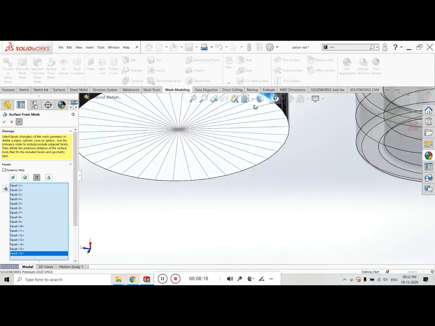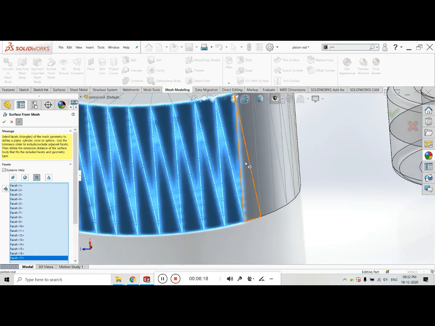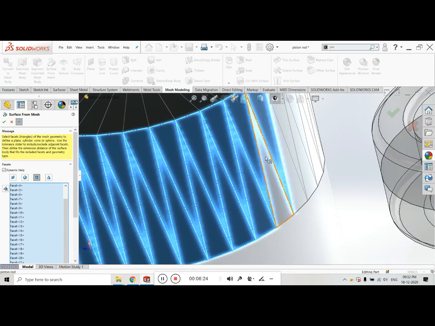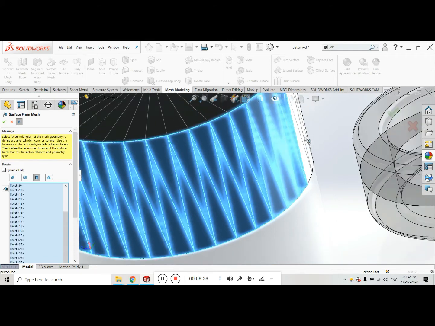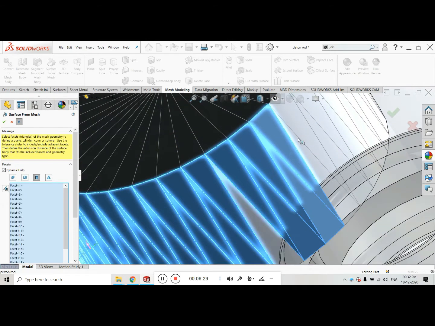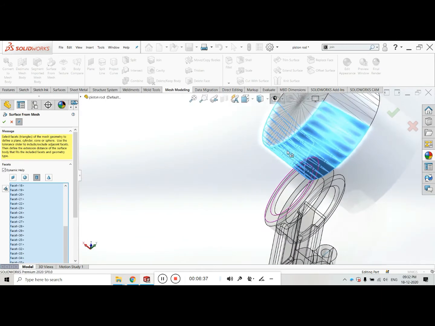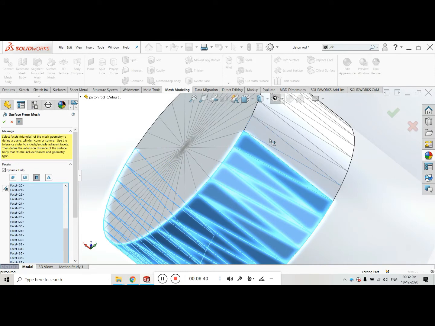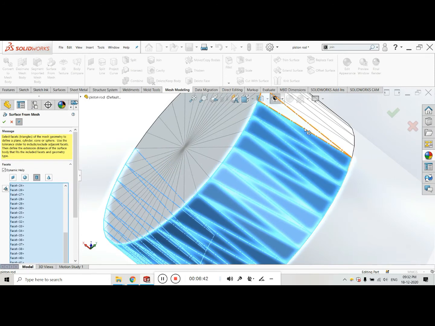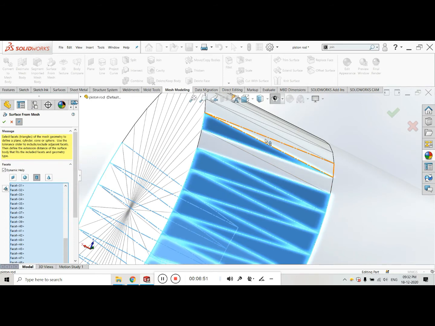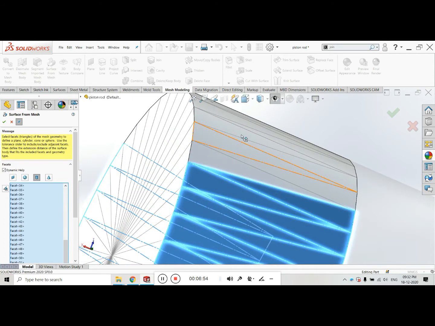You can see the preview. Now this is the part body or the solid body. After clicking OK, it will convert into a surface body. You will see. Just wait a minute.